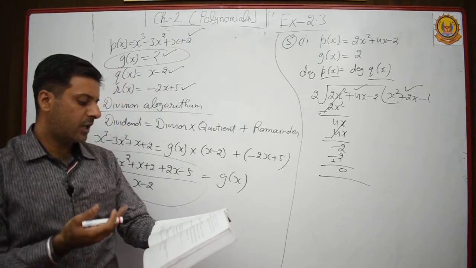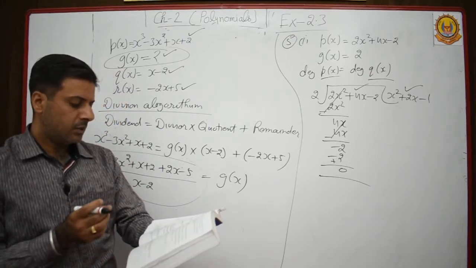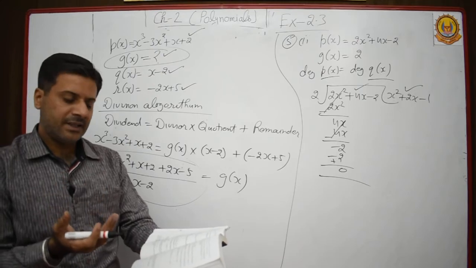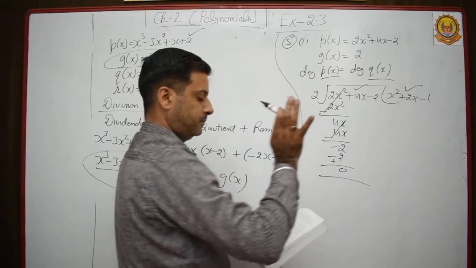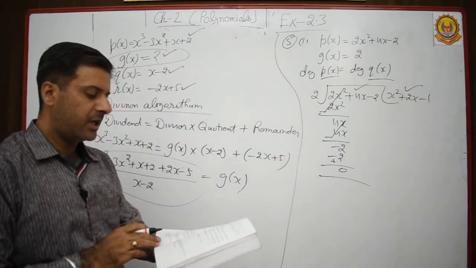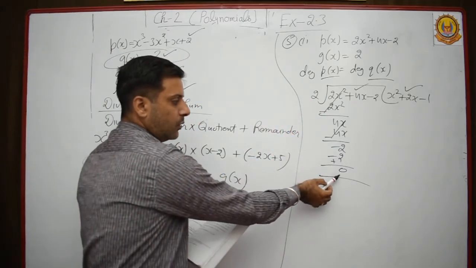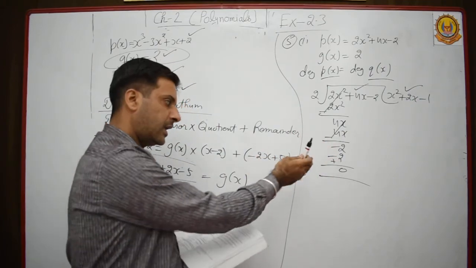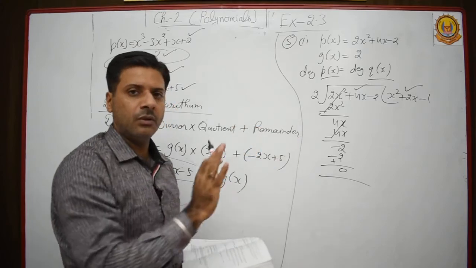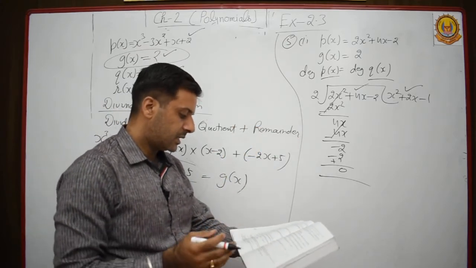Similarly, second part, degree of q of x equal to degree of r of x. So in this you have to take an example in which the degree of quotient and remainder should be the same. You can take any example. And in the third part, degree of r of x equal to 0. So degree of r of x equal to 0, and any non-zero number without a variable can be there, it can be 0 or any non-zero number. Okay, so these are the examples.